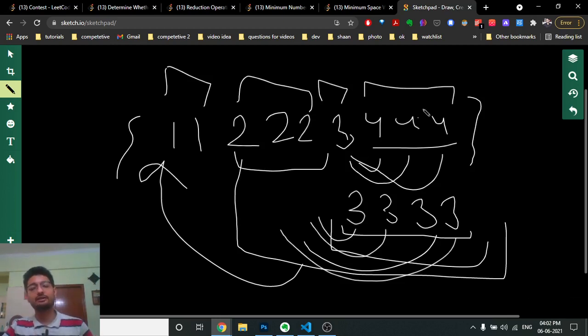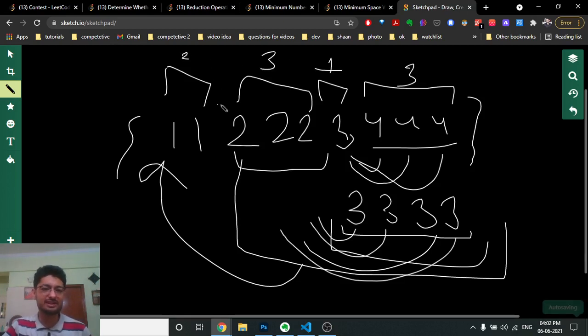Okay, so 4 is occurring 3 times, 3 is occurring 1 time, 2 is occurring 3 times, and 1 is occurring 2 times. We don't care about this frequency because we have to boil down all of these numbers to this frequency. In the last frequency we do not care because at that point the game will be over. So the total number of operations is, first you'll take out all these 3 numbers, so 3 plus.